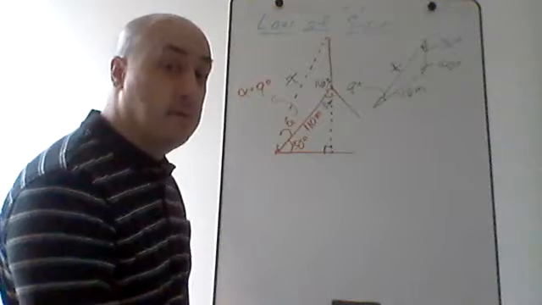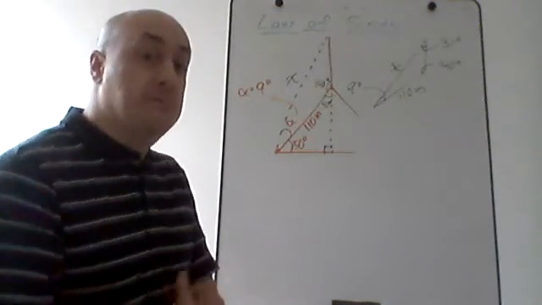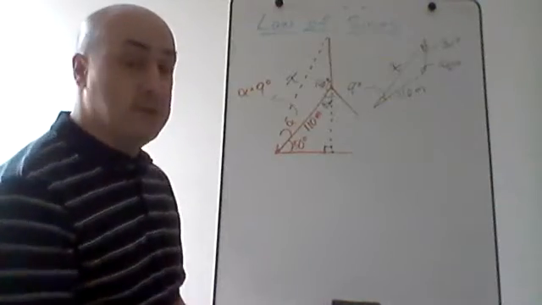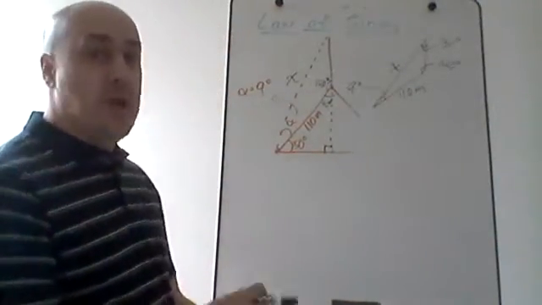Try to draw a line somewhere else. And if you keep trying things, you'll eventually hit on the one that gives you the information you need, and then you can proceed with the problem. All right, but anyway, once we've got our triangle set up, that was really the most challenging part of this